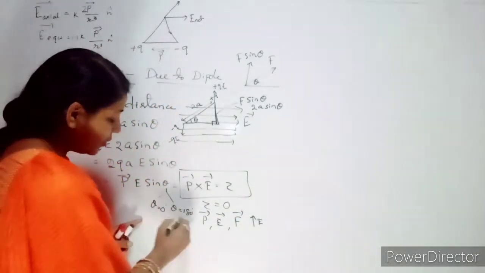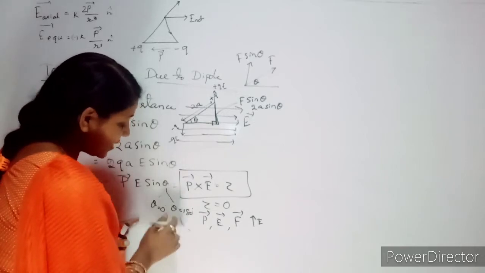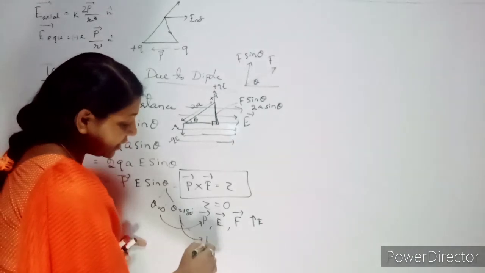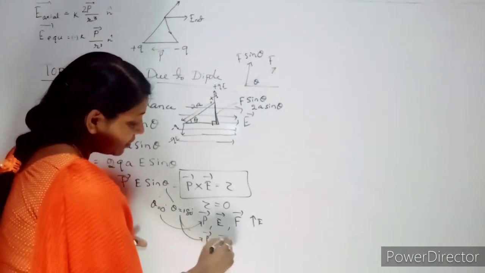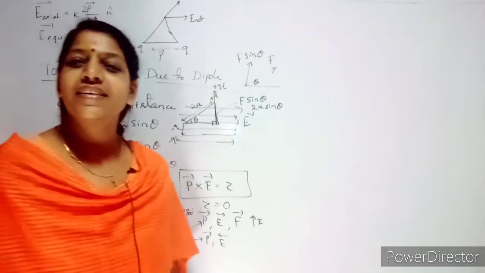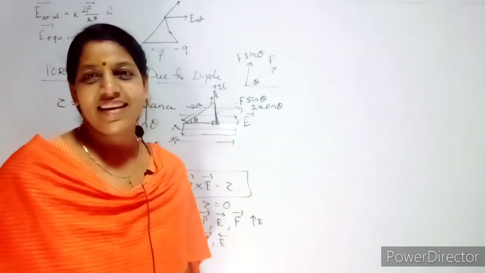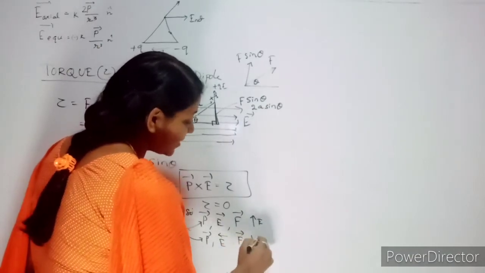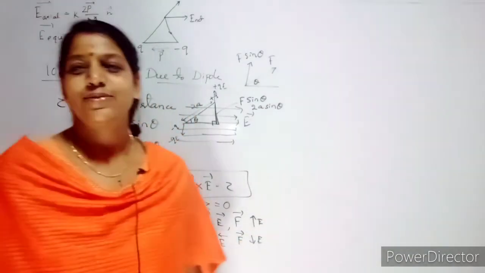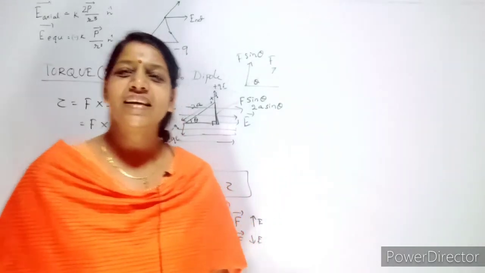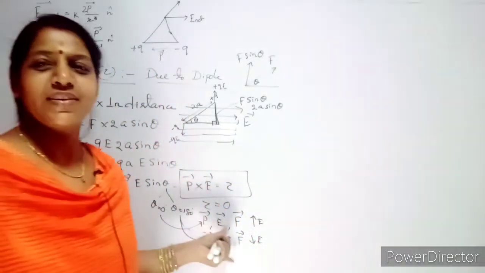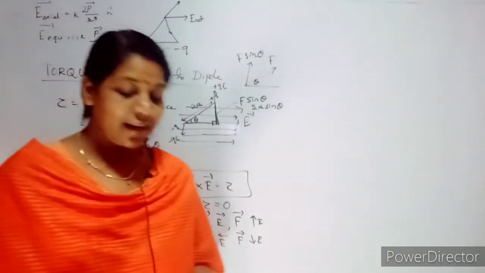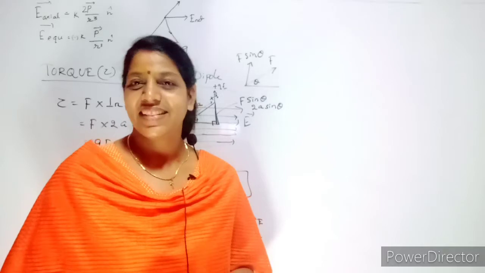This is the first case, when theta is 0, meaning they are parallel. When theta is 180 degrees, the dipole moment vector and electric field are anti-parallel. So when they are anti-parallel, the force will be in the decreasing direction of the electric field. I hope it's clear. But they usually do not ask this deep. This is for JEE or NEET students. It is enough for you: torque is P cross E or PE sin theta.